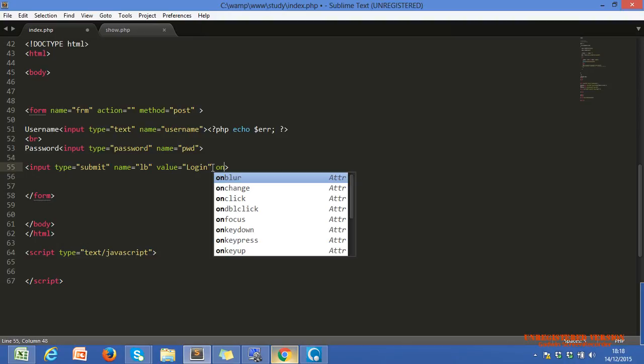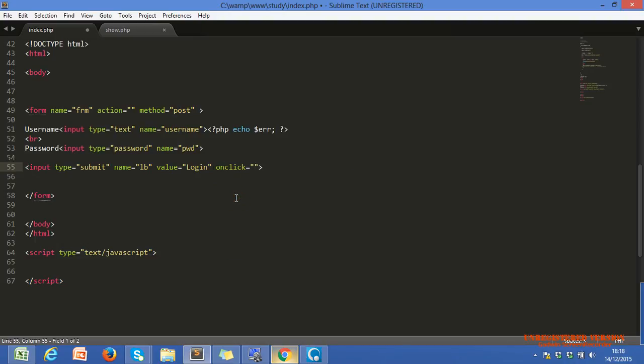Let me show you the on click event. Within this on click event, you can call a JavaScript function. How do we call a PHP user defined function?